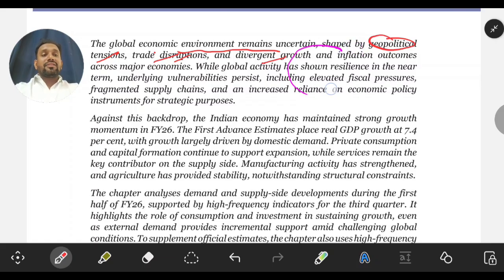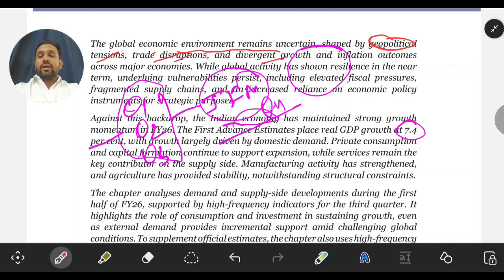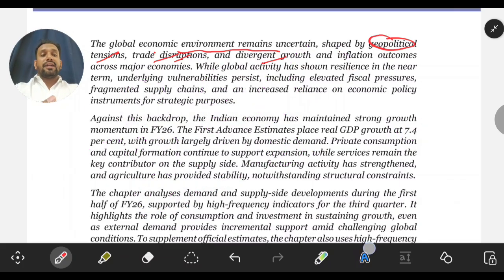Okay. Right. Then after discussing what is happening across the world, the survey went on to discuss India's state of the economy at this point of time. And the survey says that the Indian economy has maintained a very good growth rate of 7.4%. Okay, this is very important. These are advanced estimates. Why are we saying that? We are done with quarter 1, quarter 2, quarter 3 of the financial year, but January, February, March is quarter 4 for us. As the survey is presented in February, obviously you will not have the data for quarter 4. That's why we take the 3-quarter growth rate as a foundation to calculate what could be the growth rate for the complete financial year. So we have taken the average, done some statistical analysis over it, and predicted that in 2025 to 2026 we will have a growth rate of 7.4%.